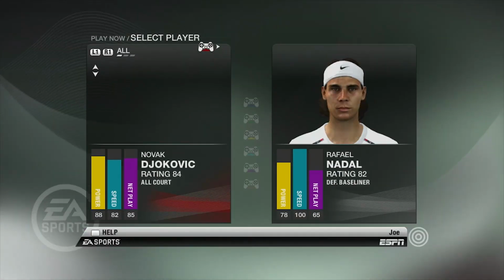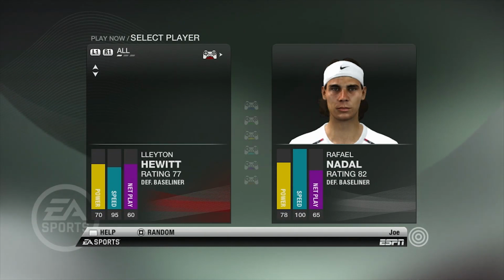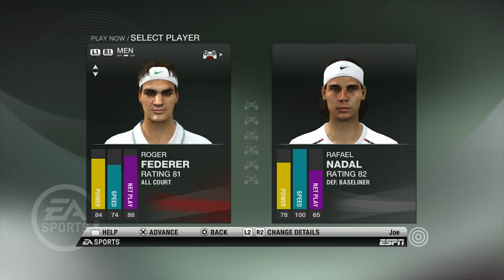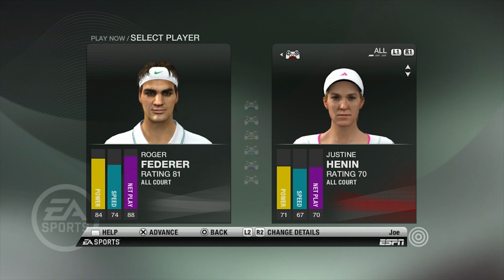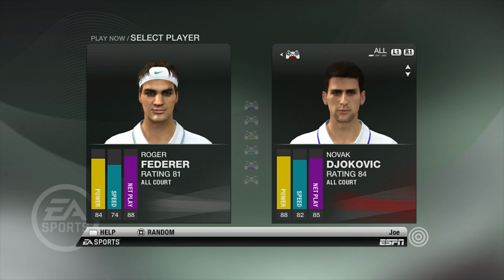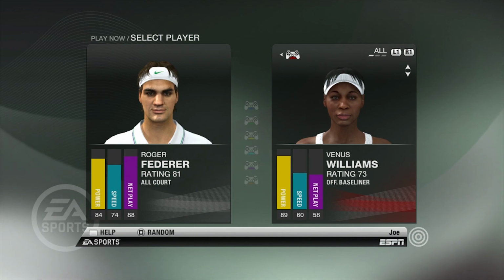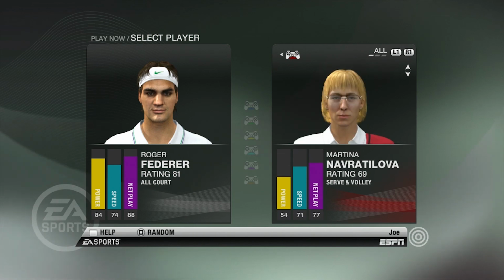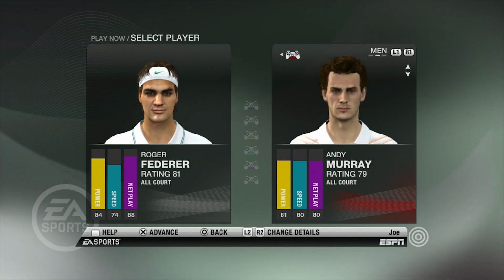We'll see what sort of players are in there. There's obviously Djokovic and Nadal there. We want to be Roger Federer, of course, if we can find him anywhere. But if you don't know, this game has legends of the game in there as well, and they'll appear throughout your career mode when you're taking on the Grand Slams. And that's one of the things that put me off this game, was the fact that I could be playing Roger Federer one week and then Martina Navratilova the next week. It was all just a little bit weird,